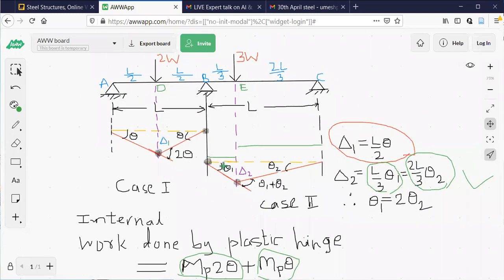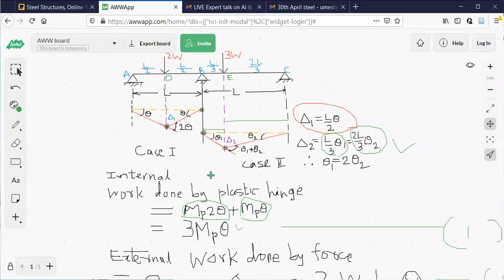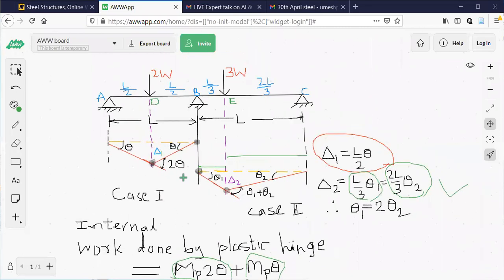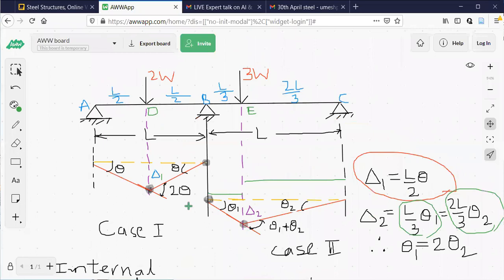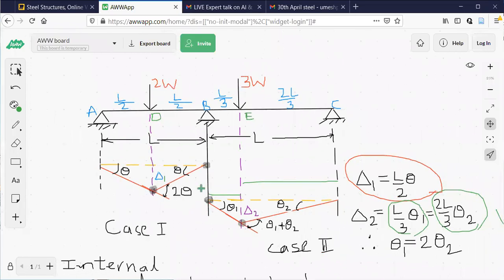I will not be going fast today, because if one example is clear, you can solve any problem. So you tell me any questions here. Related to case 1, any doubts? How I got WC? Anybody has any doubts? Okay, clear now. If it is not clear, you tell me where the confusion is.